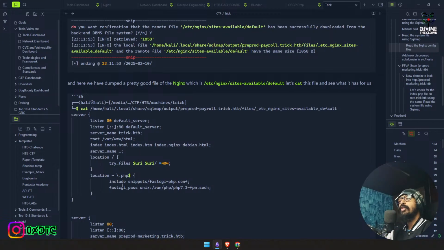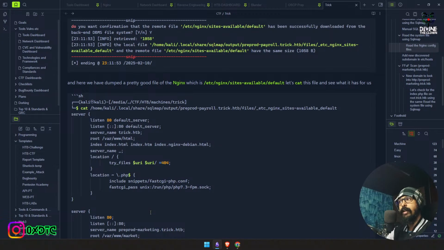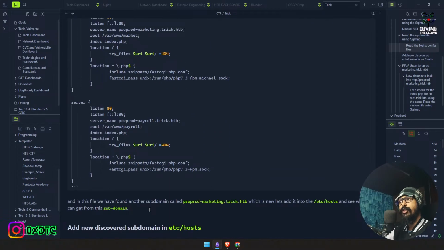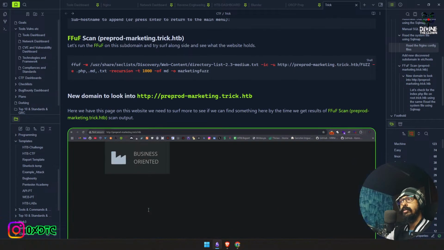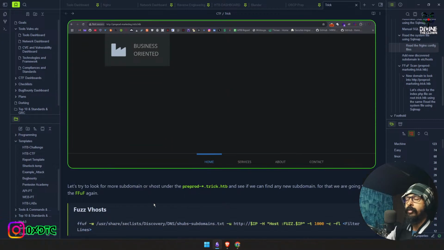No, we don't need to check that because when we looked into the website, it was pretty similar to trick.htb, and root.trick.htb is also pretty similar. So because of that, I don't think we need to go there. We'll be skipping that, and we should be looking for